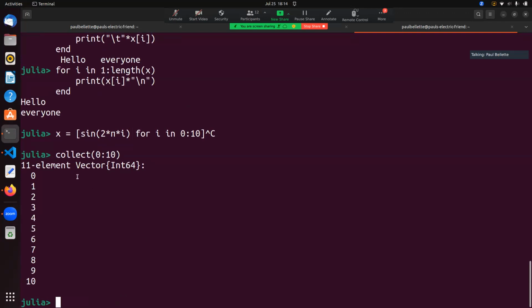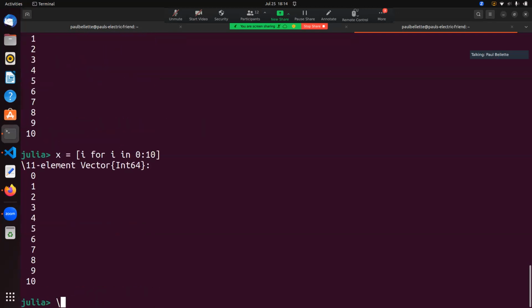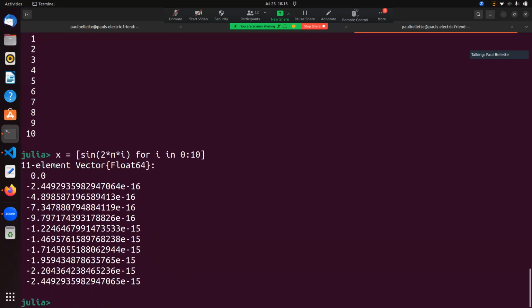So back to this guy. If I go x equals i for i in 0 to 10, it will make an array. So did collect, that's a different way of doing it. It made an array that just pushes i in there. What you can actually do is put a function in there. So this is really useful. You can apply this function to everything in the array. So I could go, for example, sine of 2 times pi times i for i. And that's boring, and I hope you can see why, because they're all on the integers, so they'd all be close to 0. So if you wanted something a little bit more exciting,